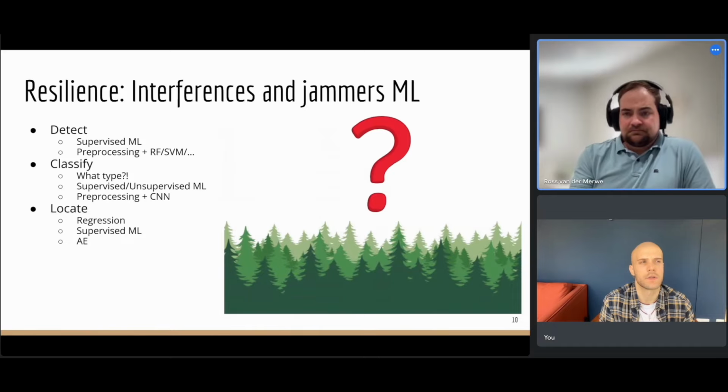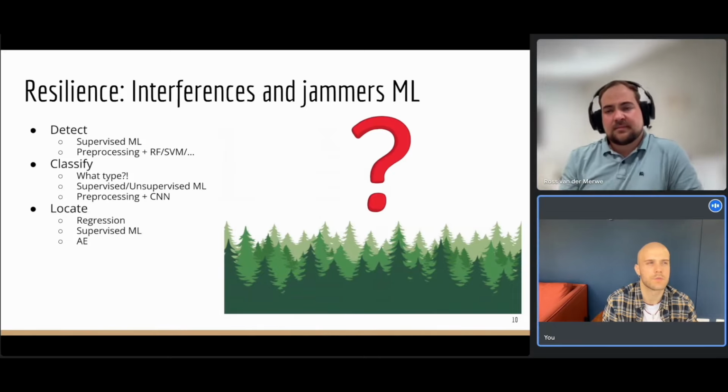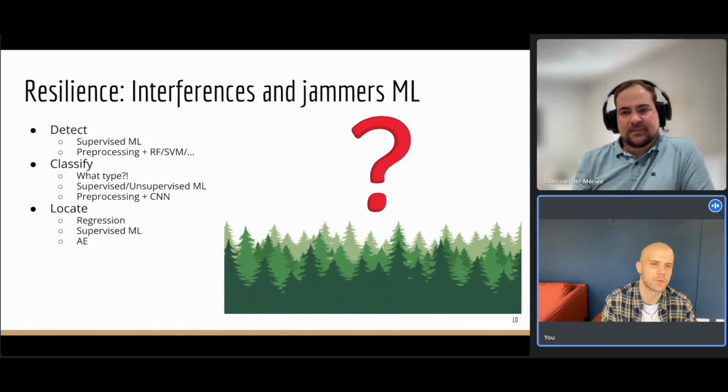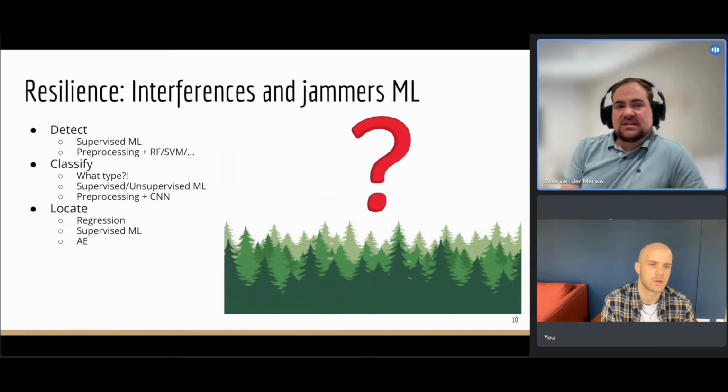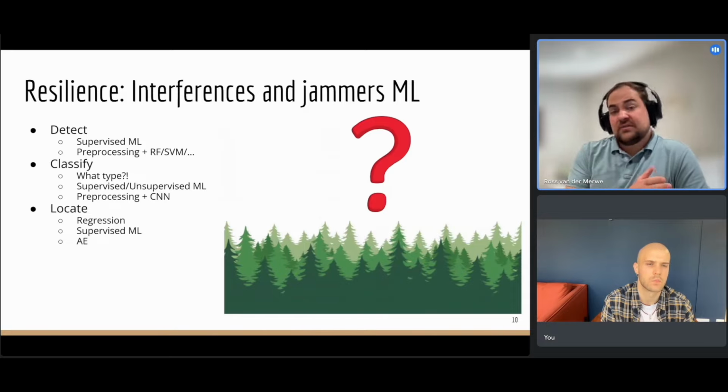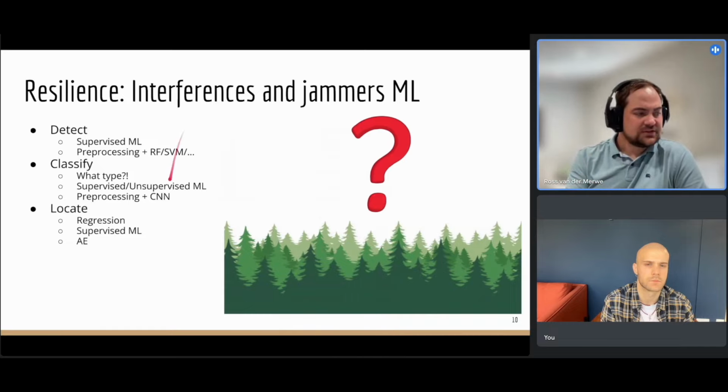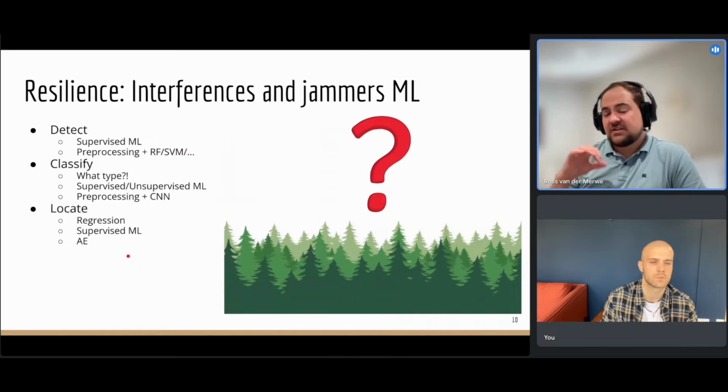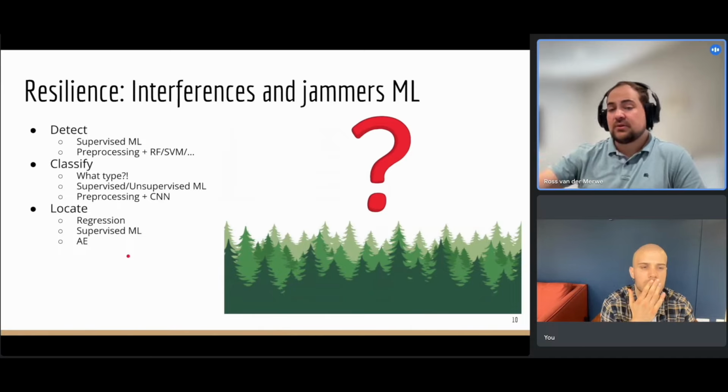Usually you have to do this more with supervised ML as well, just because it's a very difficult thing to achieve. So sorry, in this case of the autoencoder, can you specify a bit better what the input your colleague used was? In his case, it was actually a number of features. Part of the features were the raw IQ samples going in, with some pre-processing, the same as the previous two. And the other features were from later stages in processing, which was looking at the carrier to noise density ratio coming from the receiver.